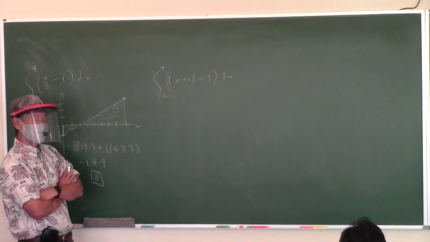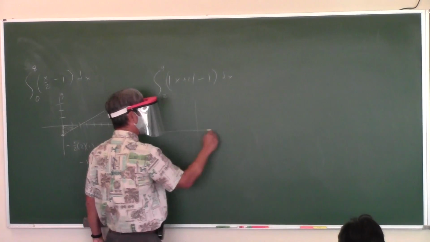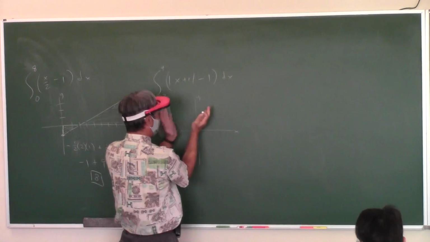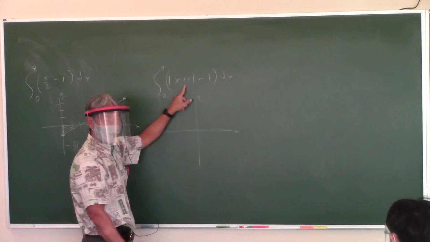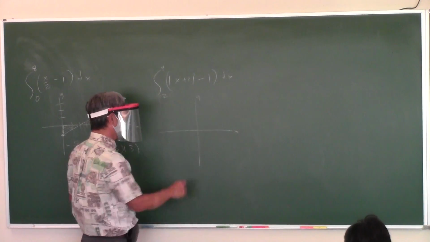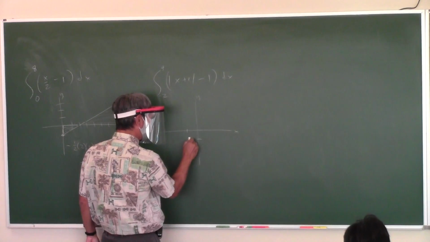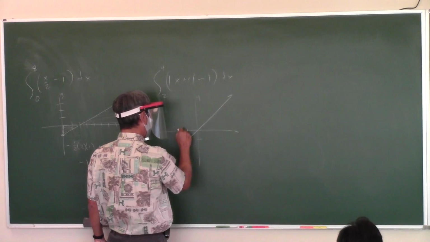How do I draw this graph? Well, what's the base graph? A V, the absolute value of x, but then you have to shift it 1 to the left and 1 down. So 1 to the left and 1 down, so it's going to look like this. And then,